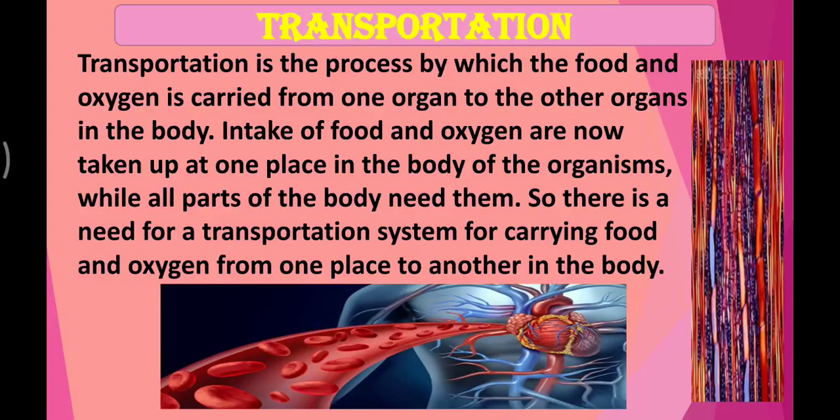You all know digestion happens and food is absorbed by blood. So, inside the intestine, the digestion happens and food is ready. But it has to be sent to all parts of the body, all cells of the body. There needs the transportation. And oxygen is taken from nose to lungs. But from lungs, it has to be passed on to all parts of the body and all cells of the body. There the transportation is needed. That is what they mean. Now let us study in detail what it is and what is the system.